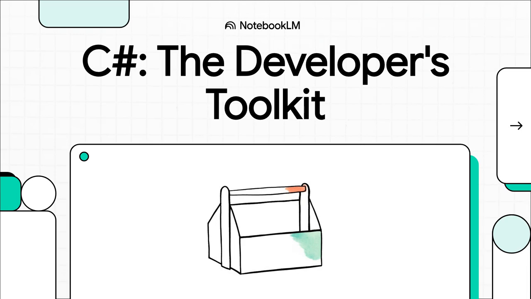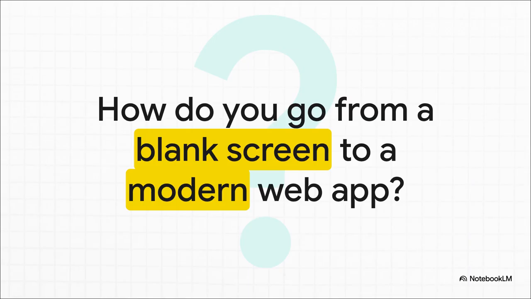Welcome to the Explainer. Today, we are cracking open the developer's toolkit for honestly one of the most popular programming languages out there, C#. So how do you go from just a blank screen to a modern working web application? Well, it takes a pretty specific set of tools, and today, that's exactly what we're going to do. We're going to explore the C# toolkit, all the key pieces a developer needs to build something from the ground